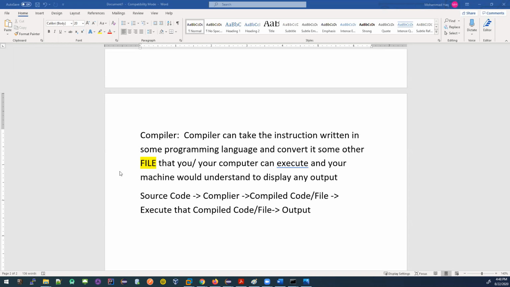Now if this is how a compiler works, similar to a compiler, there is another thing. Like I gave you the example, right? The example between me, Emily, and Lisa. Now there is another concept that is called an interpreter. Okay. So what does a language interpreter do? The same thing as the example I gave between me, Emily, and Lisa, right?